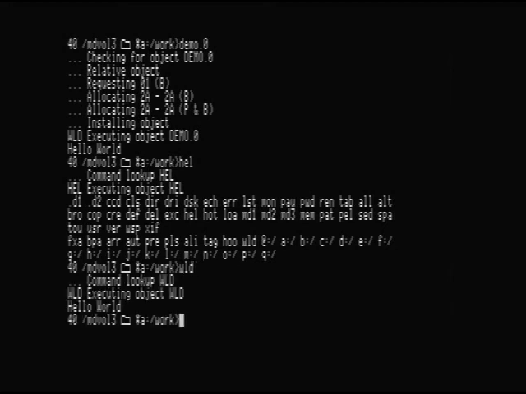So we can see that the trace now just says it's a command lookup for WLD. WLD was found, so it's executed. Hello world. If I do a clear screen